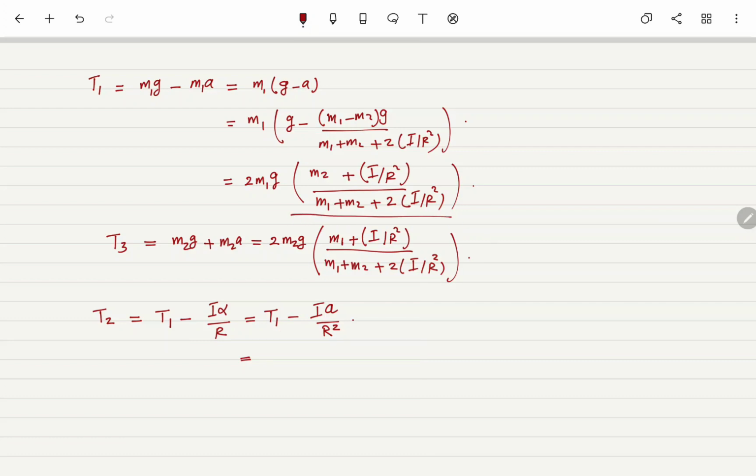You substitute back in here, equal to 2M1 G times M2 plus I over R square divided by M1 plus M2 plus 2I over R square, this one here, minus I over R square. Now we need to substitute A from this one here,